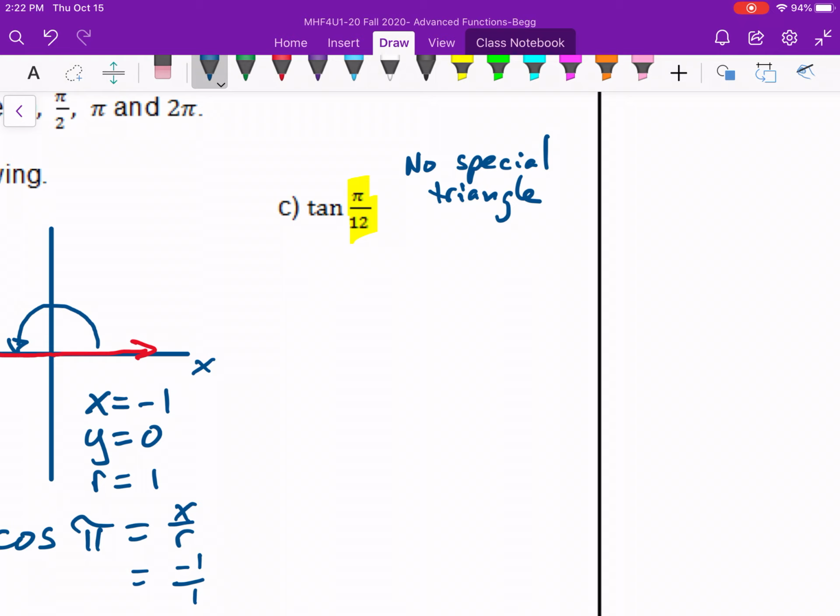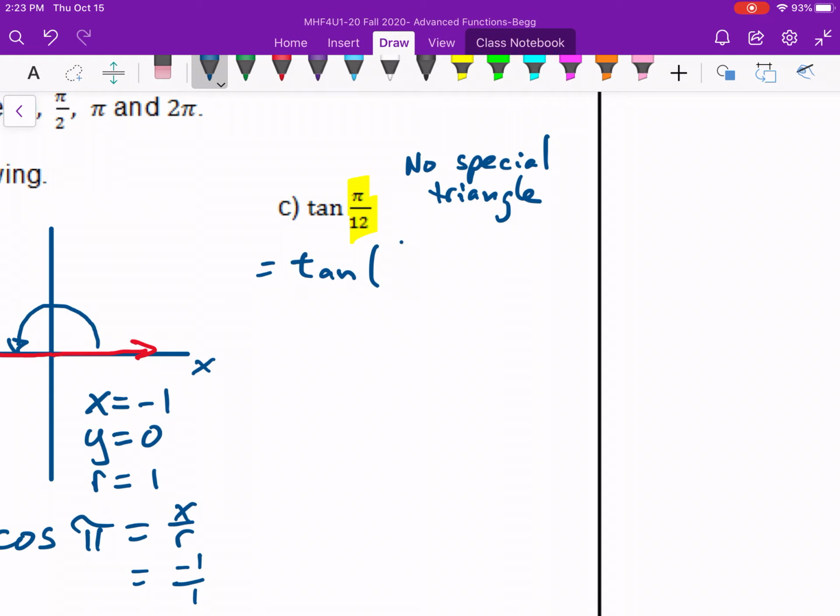What we can do, though, is break pi over 12 up, or rewrite pi over 12 in terms of the triangles we already know. So if I were to rewrite it as either an addition or a subtraction, a sum or a difference between the triangles we already know, then I could, of course, use them. So, for example, if I was to think of it as